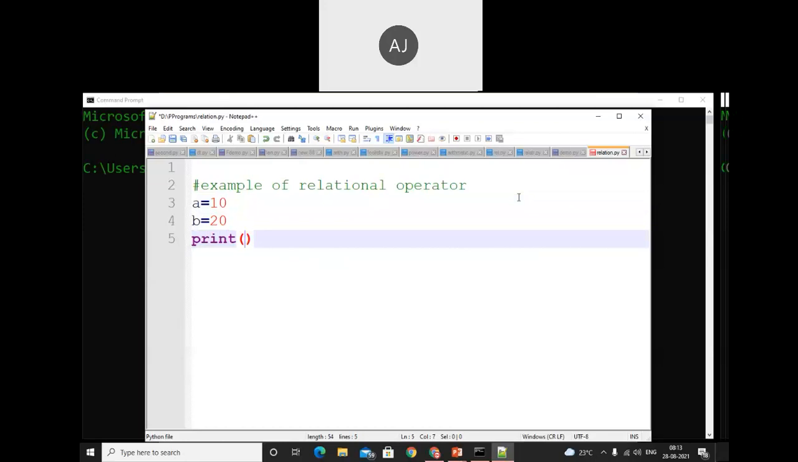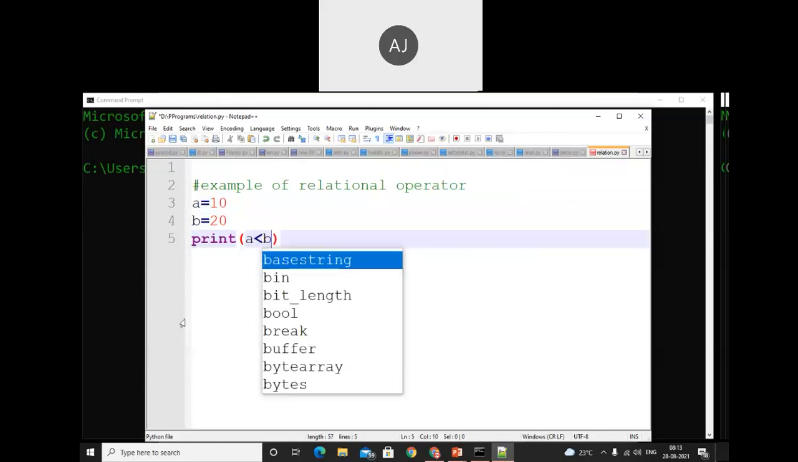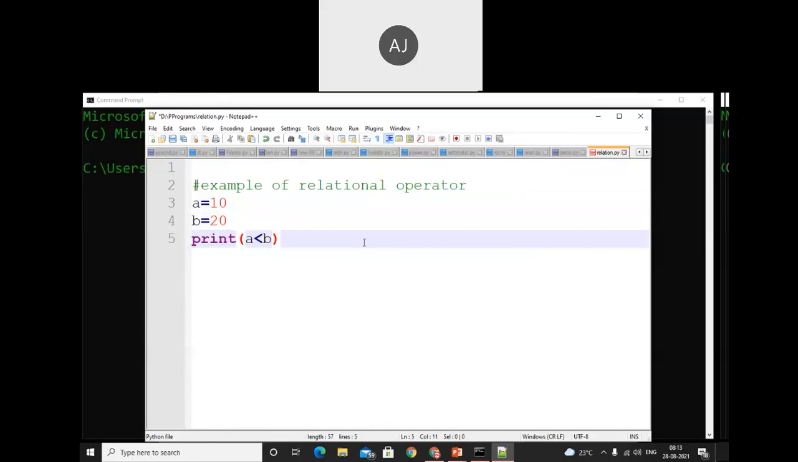So I will check that: A is lesser than B. So we will get the output. What kind of output will we get? If you know the value, then we can say whether it is true or false. But if you don't know the value of A and the value of B, we get the output as true,